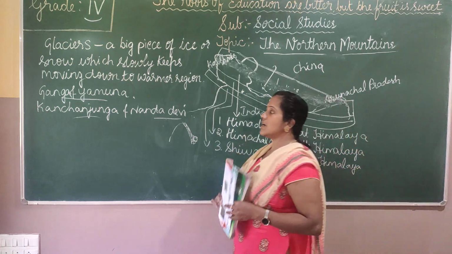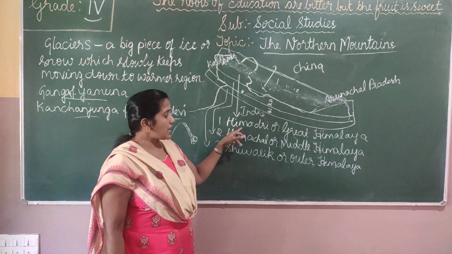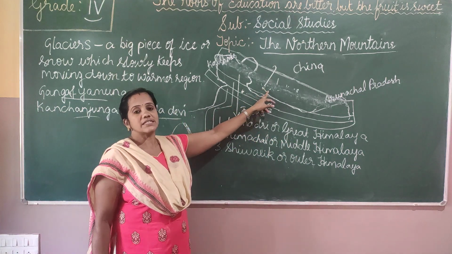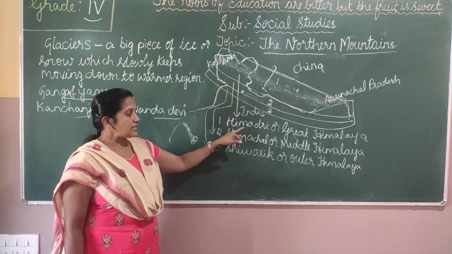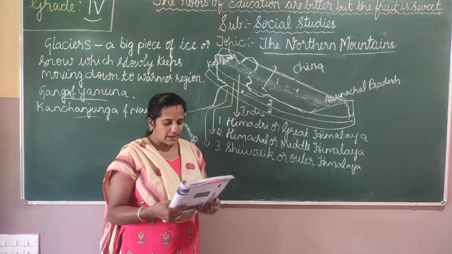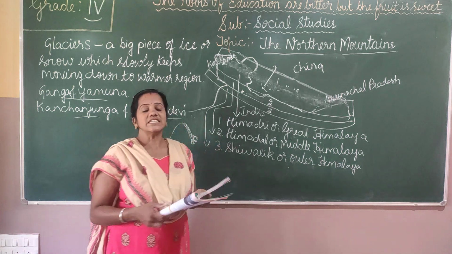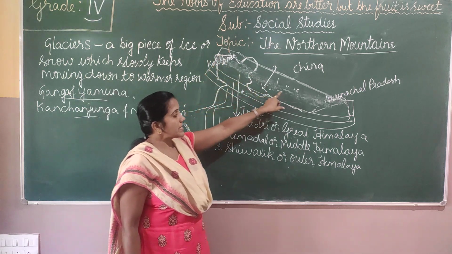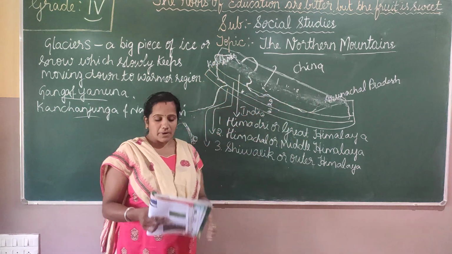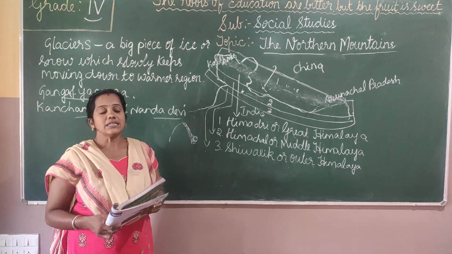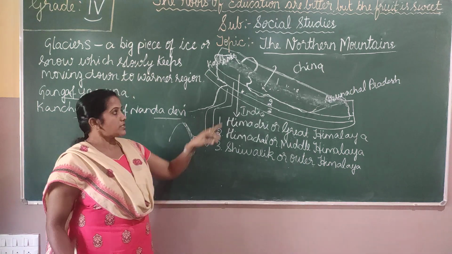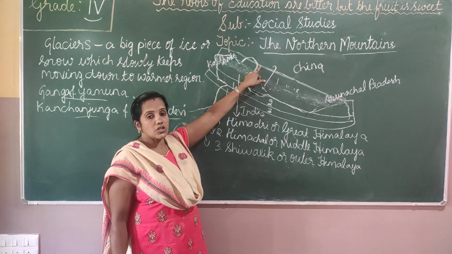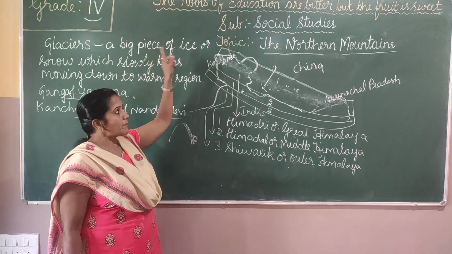Okay children, now we'll move on to Himadri or Great Himalaya. The first parallel range of the Himalayas is Himadri or Great Himalaya. It dominates a large section of the Himalaya. Himadri is the northernmost range and it extends for about